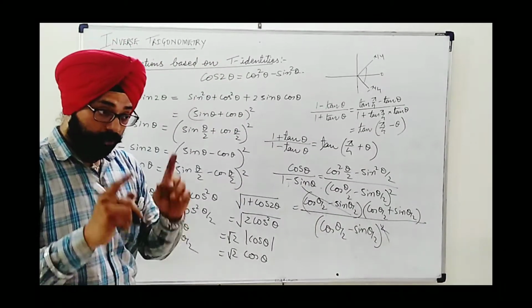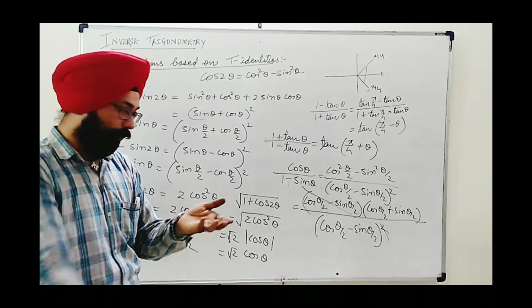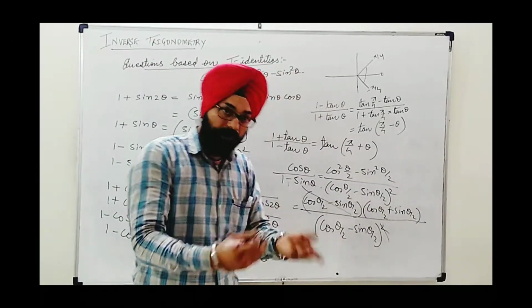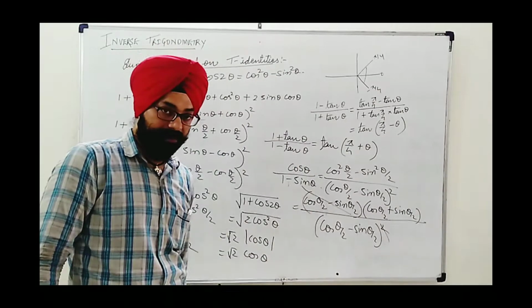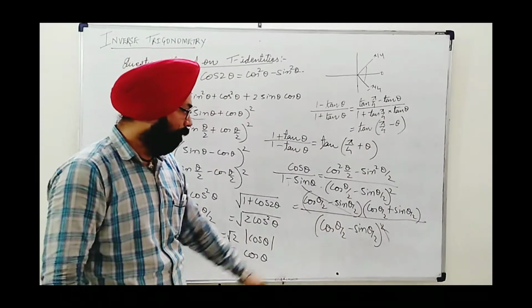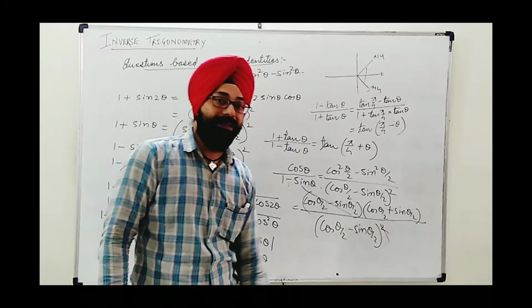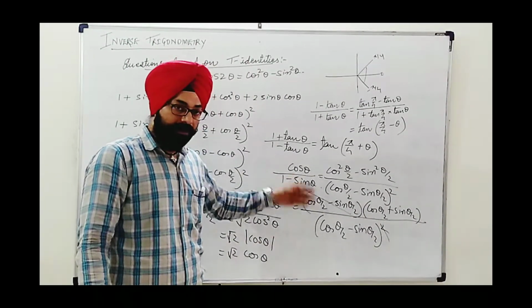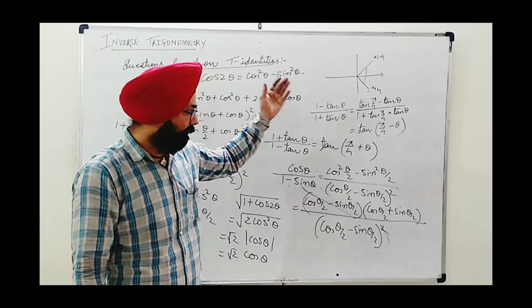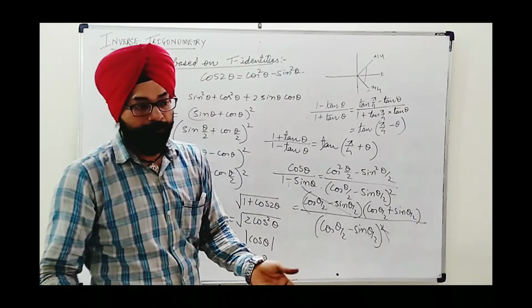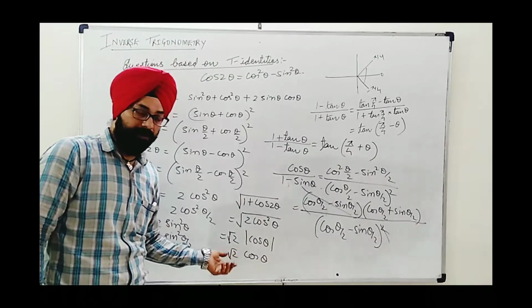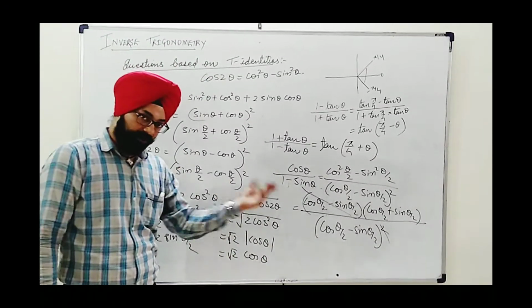Whenever you are having a rational form, cos plus sin upon cos minus sin or cos minus sin upon cos plus sin, then only one thing you must do: divide numerator and denominator each by cos. See, different patterns are there to solve, but these frequently occur in equations, and this is in my opinion the best way to avoid mistakes. The rest depends on your choice. If you want to apply some other methods, it is perfect, you can do that.